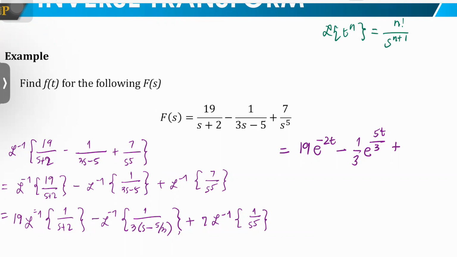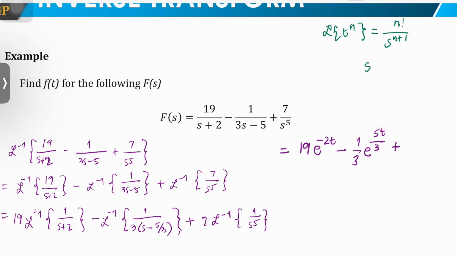So that means, class, this 5 here, this exponent, we can actually rewrite in this way. So that is 1 over s to the 5th, right? So that means your n here is 4 because